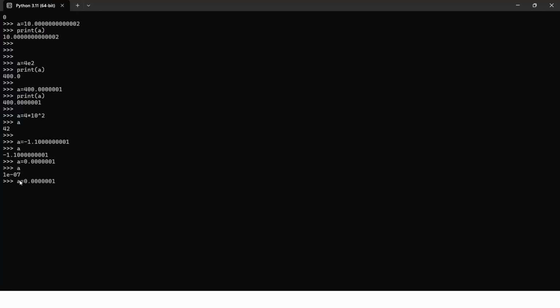Similarly, I can do something like this, 0 point, if I provide 3, it is going to give 3e minus 7. That is basically saying 10 to the power of minus 7, sorry, 7 it is, right? So this is how it is going to work, but it is a negative exponent, 3e minus 7, right?